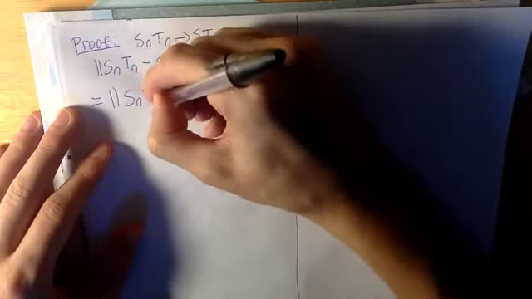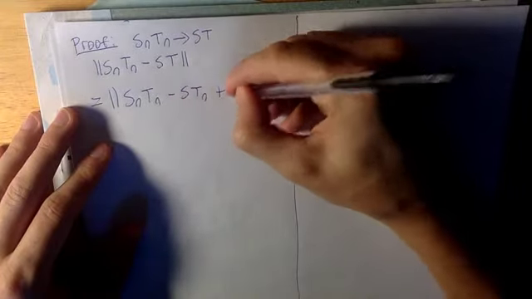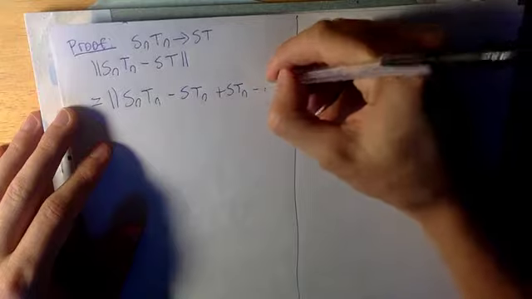So what is the proof of this? We need to show that SnTn converges to ST. So we take the norm of SnTn minus ST, and now we add and subtract S Tn, plus STn minus ST. Okay, so then this is, by the triangle inequality,